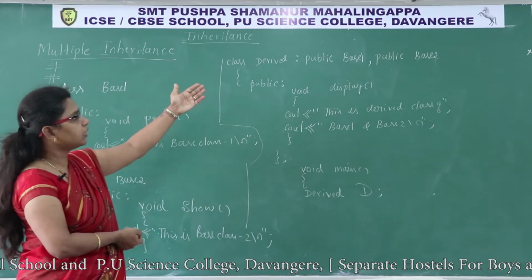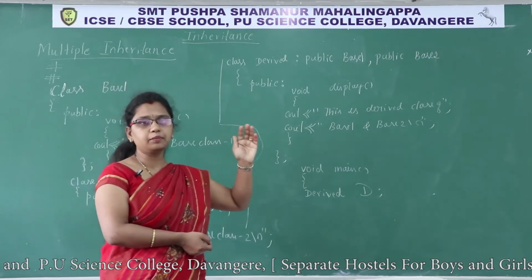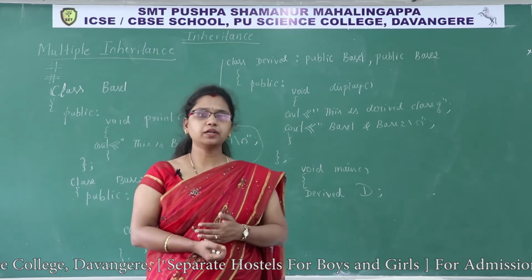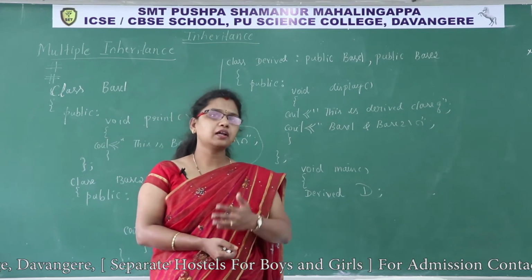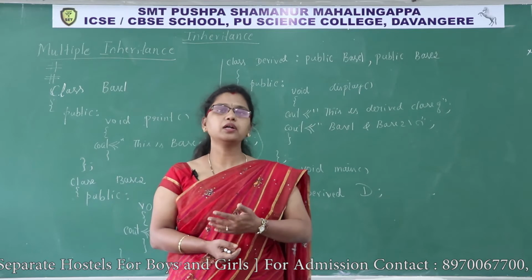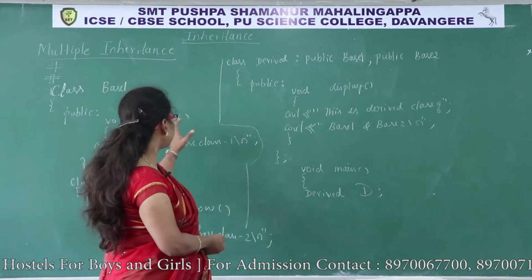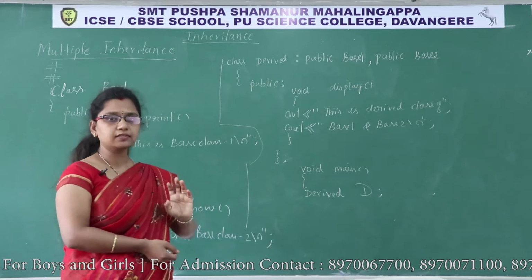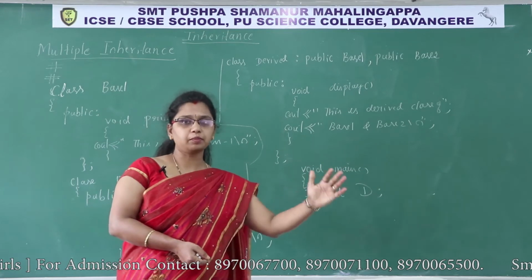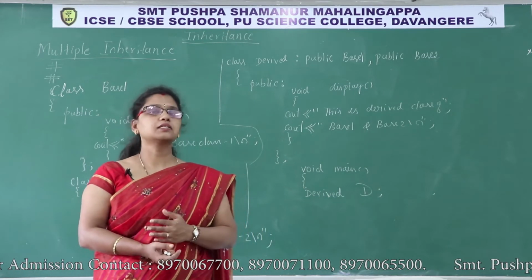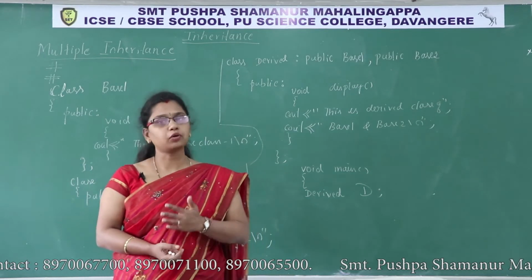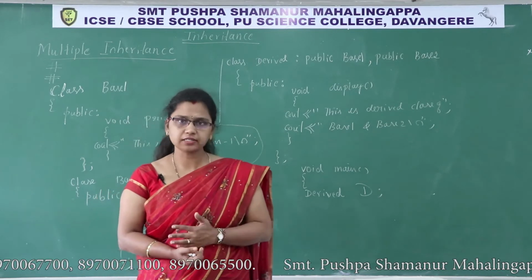See, the mode of inheritance is public. You all know the visibility modes and what the rules of these visibility modes are. There are three visibility modes: private, public and protected. Any class can be inherited in any of these three modes. In this example, I have inherited these two classes in public mode. So what is the rule of public visibility mode? Base class public members become public members of the derived class. Base class protected members become protected members of the derived class. Private members of the base class cannot be inherited. This rule we have already discussed, isn't it?